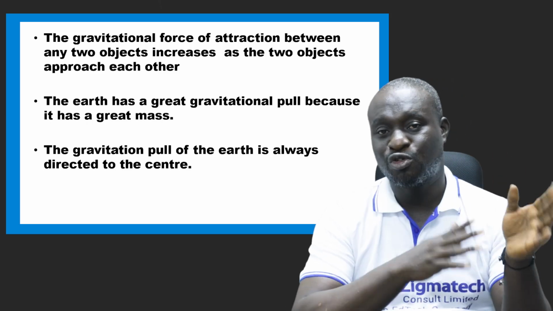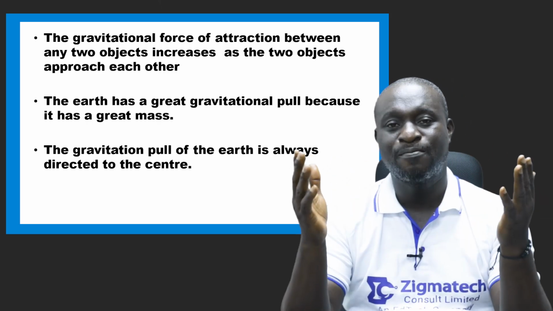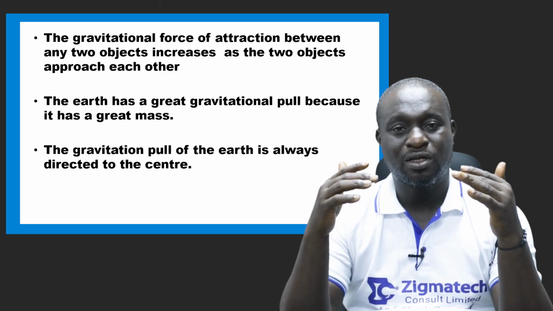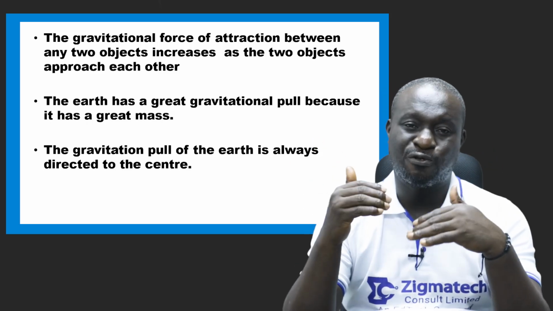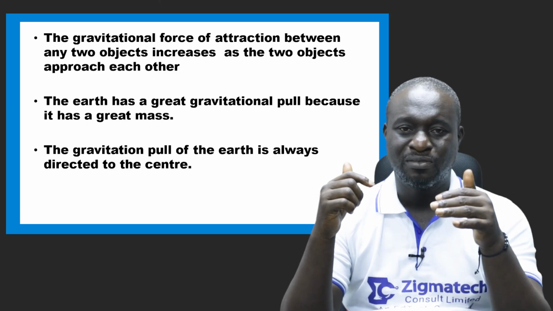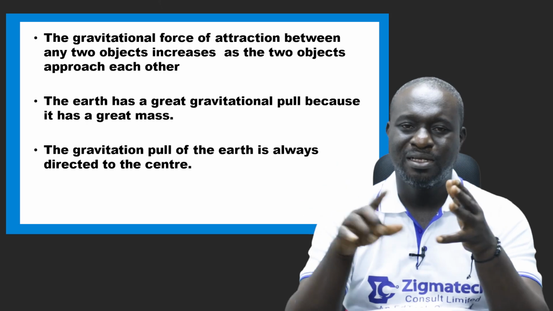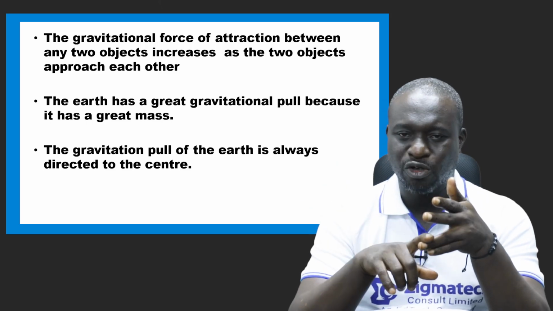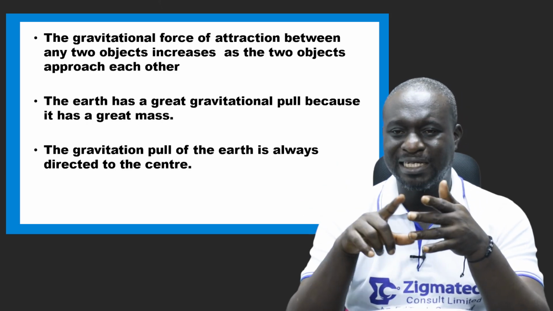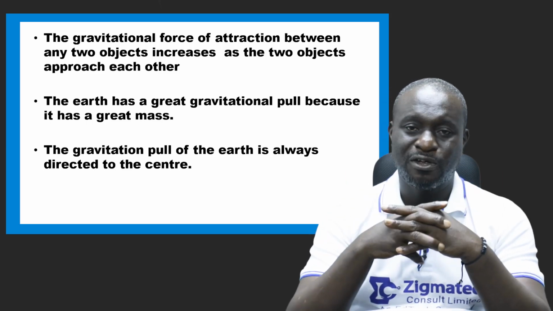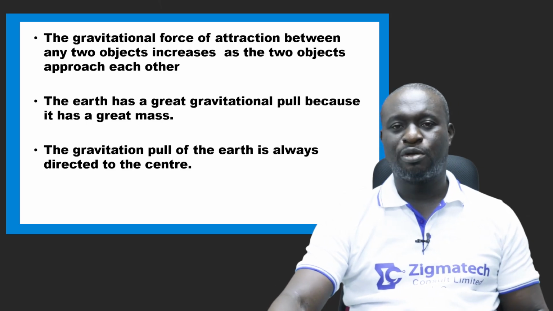Now, if you could also remember what we just mentioned about the three factors that the amount of force of gravity that affects an object depends on. Remember, we just mentioned three: the mass of the object, the mass of the Earth, and then the distance between the center of the object and that of the Earth. Next, we're going to be looking at